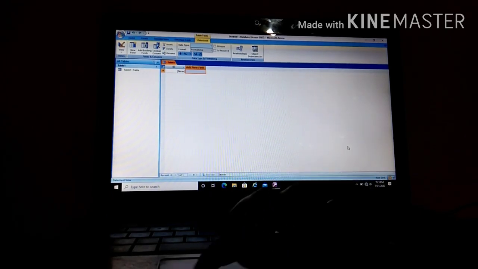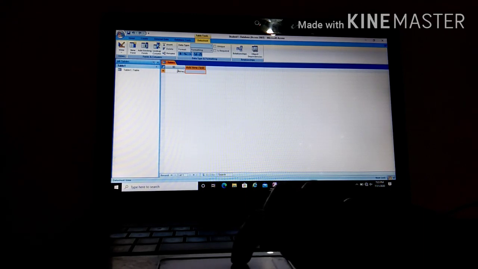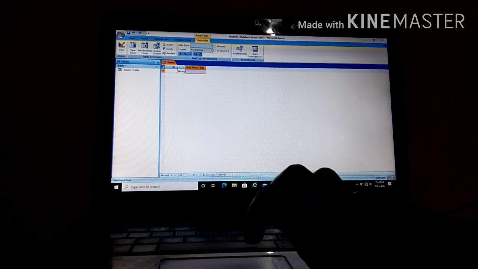Now how to add the fields in your table. When you create any blank database, by default this table will be shown, Table1. One field is already created, that is ID. This field holds unique data, and I will give that information in the next lecture. But for right now, if I want to create the student table, I will need student information to be filled. For that I will create the table and the fields which are related to the student.